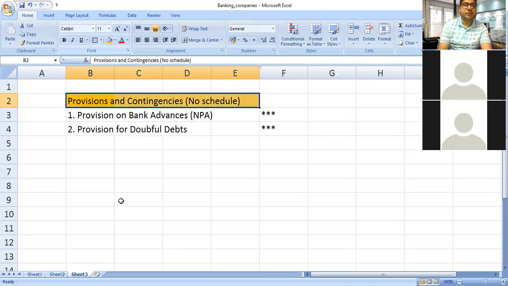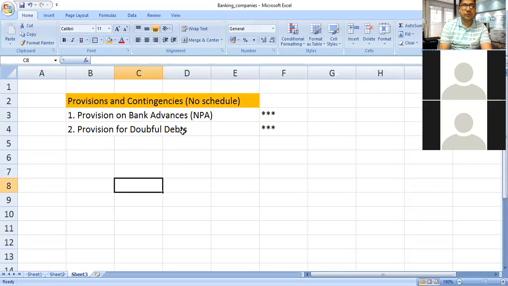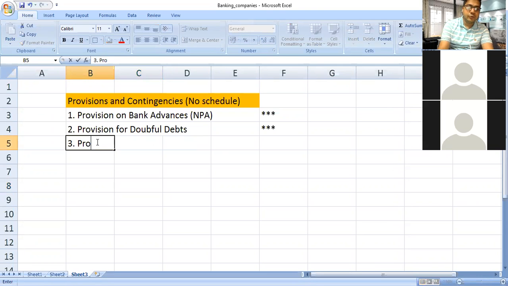Why will we keep the provision for contingency? Because there is no part in the profit and loss, there is no schedule, but it is a part of the profit and loss. If in our problem they have provided a provision for bank advances, it will come under provision for contingency. Sometimes a doubtful debts provision is there, that we have to keep separately. Sometimes another very important element is the provision for